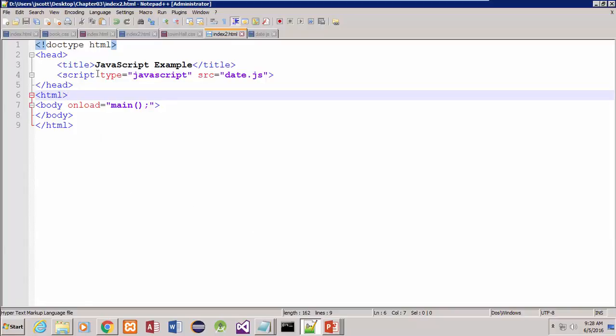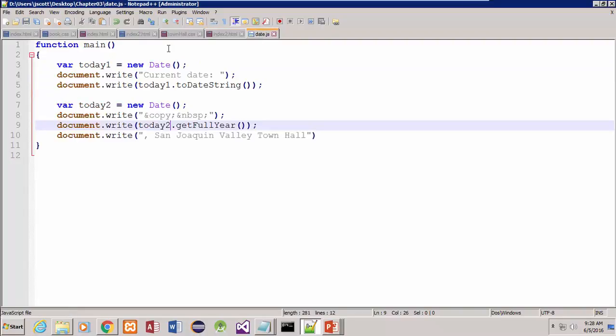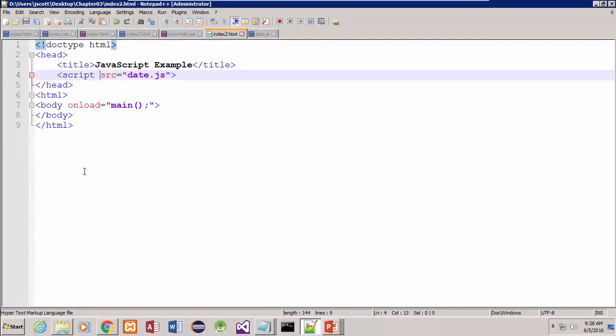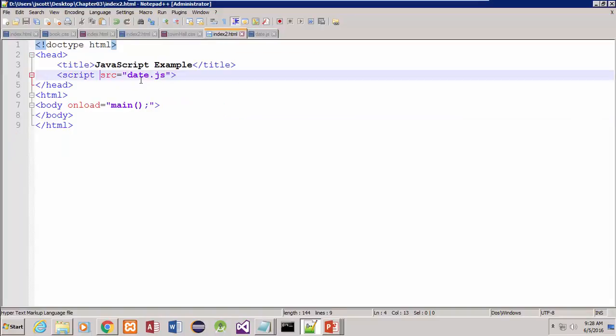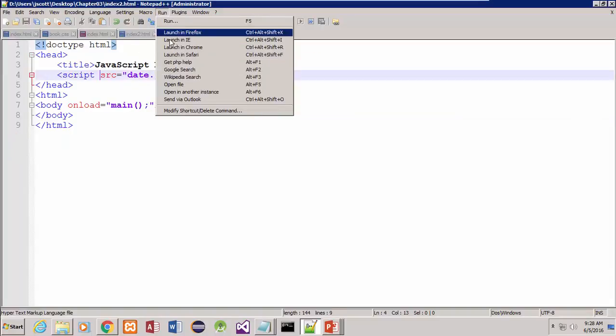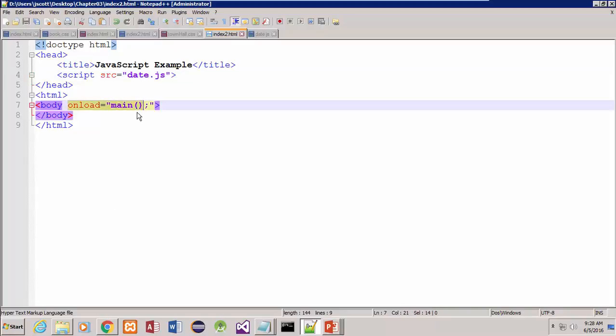Since we don't really need this in here anymore, I'm just going to put in source equals date.js. Did I save my date file after? Yes, I did. All right. Did I call it main? Yes, I did. But it's not printing out anything, and I'm trying to figure out for the life of me why. What this is saying is once this loads,